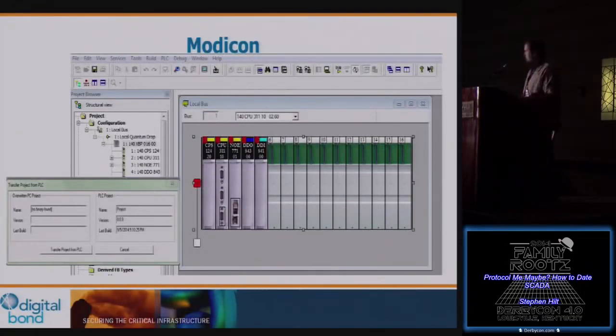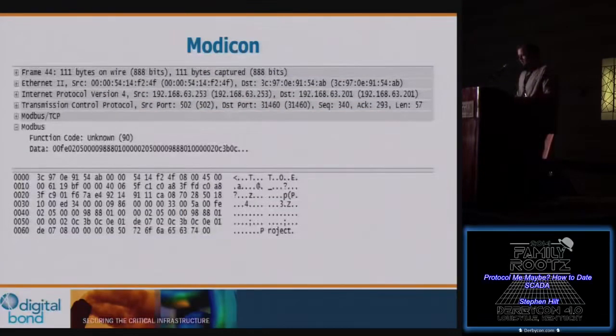Other information that I found fairly interesting when pulling information out of it is in the screenshot there, which is transferring the project from the PLC to the computer locally. You see the project name, the version number, and the last modified date. So we were looking for this information, and that's the way I was working this one. I'd click around, gather a packet capture, find interesting things displayed on the screen, and then try to find that information inside of the packets. And here is the one that has the date timestamp, the version number, and the project name.